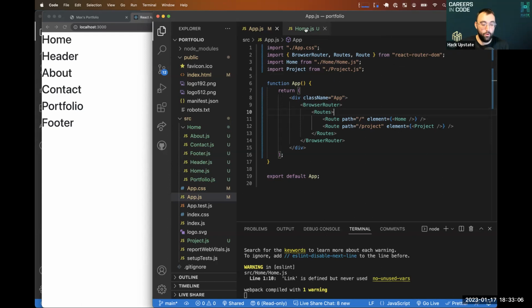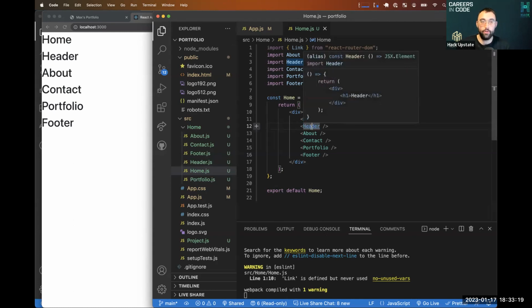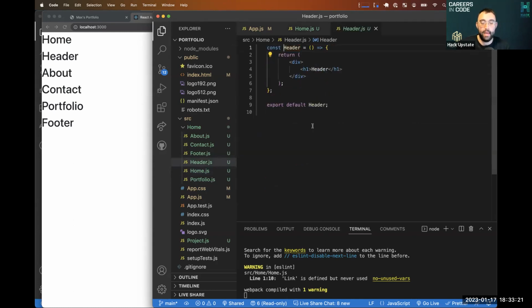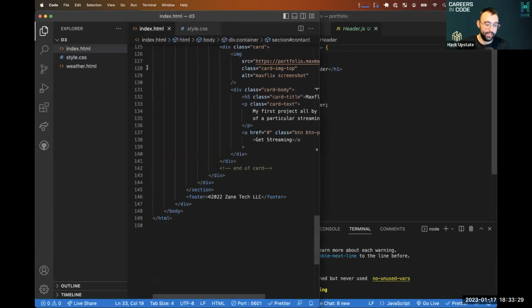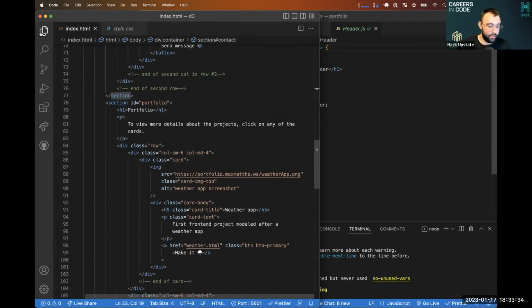I'm going to go to my home.js file, and the header is the place that I want to start in. So I could go over here and open the file, but I could also hold in Command and click on the word header, that component, and it will automatically pop it open for me if all of your imports are right. Okay, so now I come back over to my old school HTML